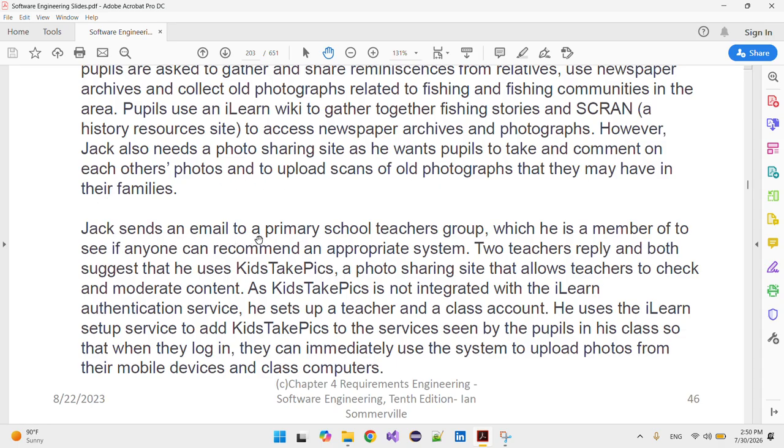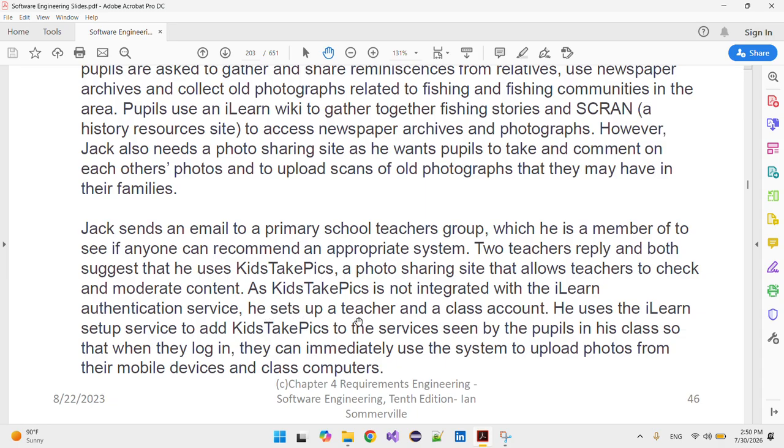Jake sends an email to a primary school teachers group, which he is a member of, to see if anyone can recommend an appropriate system. Two teachers reply and both suggest that he uses Kids Take Pics, a photo sharing site that allows teachers to check and moderate content, as Kids Take Pics is not integrated with iLearn authentication service.